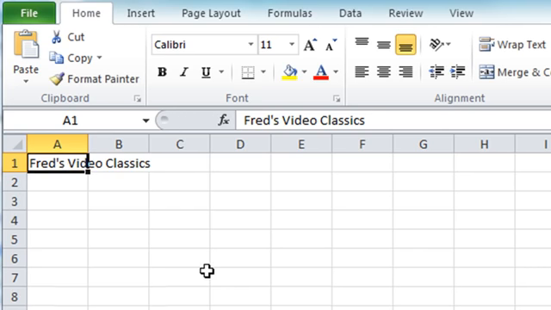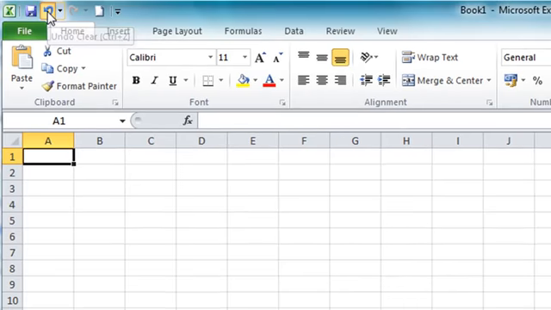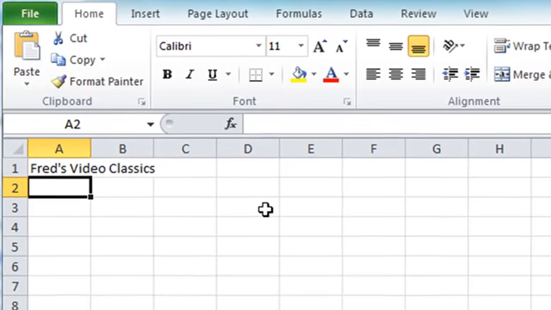You can also edit the cell by double clicking, and if I just double click on A1 there, you'll see again it goes into edit mode. I can again use the arrow keys to move back and forth, press the escape key again to cancel. And if you want to remove an entry that's already been entered, you simply select it and press delete on the keyboard. Now in this case I didn't want to delete it, so I now can click my undo button there and return the entry, and I can just click into cell A2